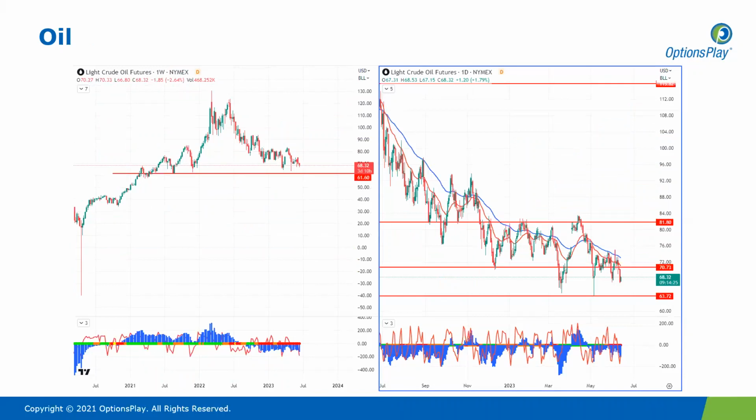Moving on to oil. So for oil, we are seeing here that price has definitely declined. And this comes despite the fact that Saudi Arabia is cutting oil production for July. So despite that, we are still seeing oil prices under pressure. This is due to demand concerns in China and the US for the future. And we are seeing now price breaking back below 70, looking like it's heading towards 63. But this is still an area that it's been at quite recently.